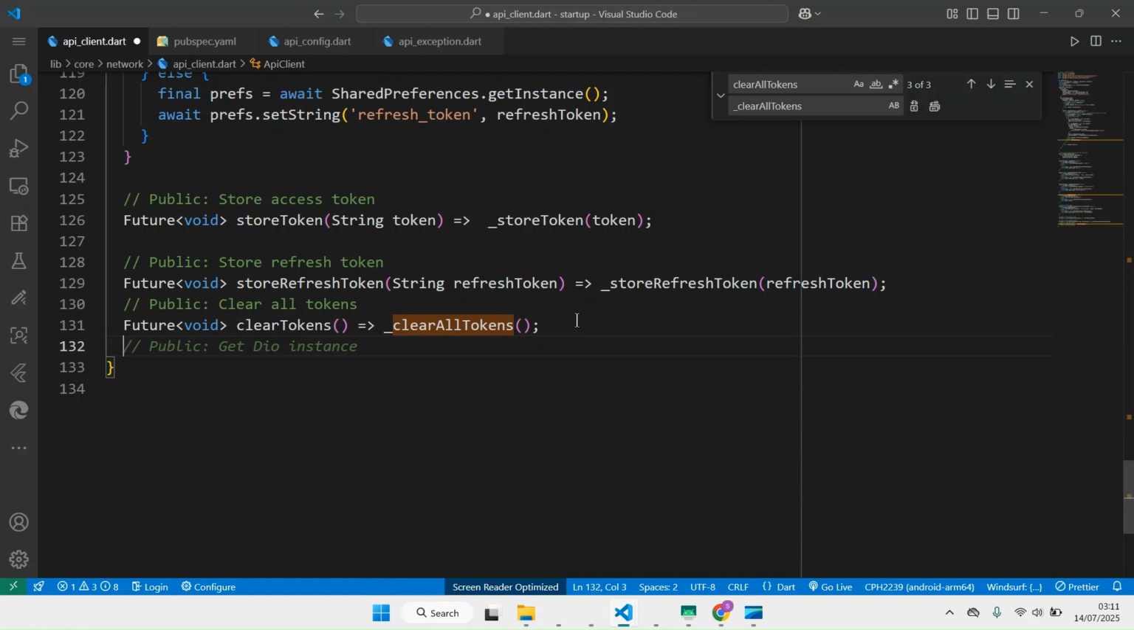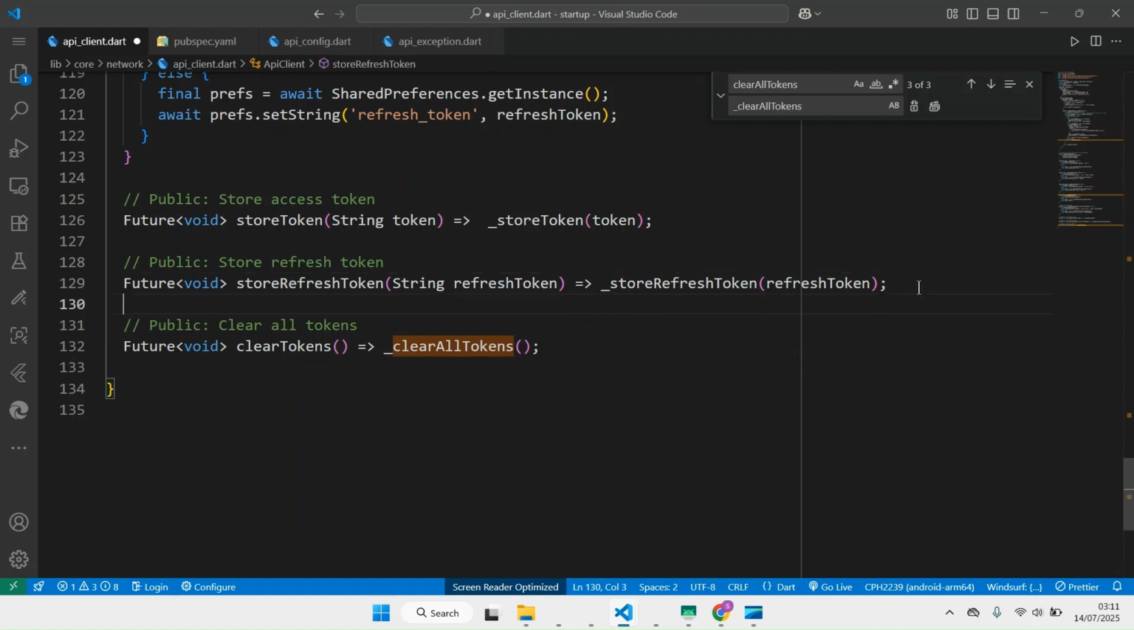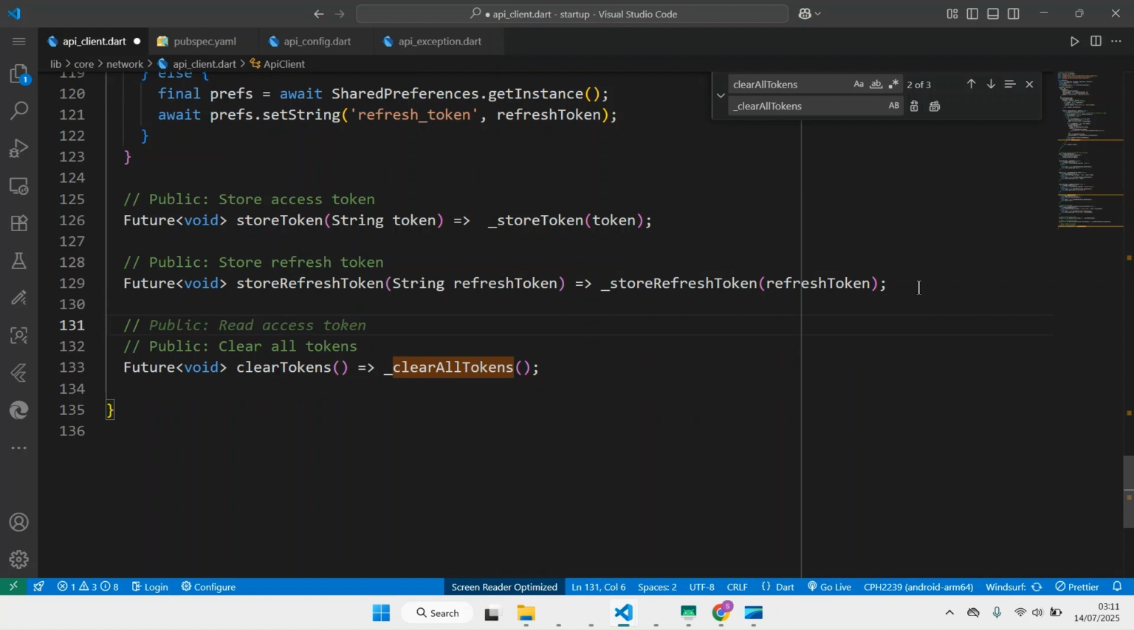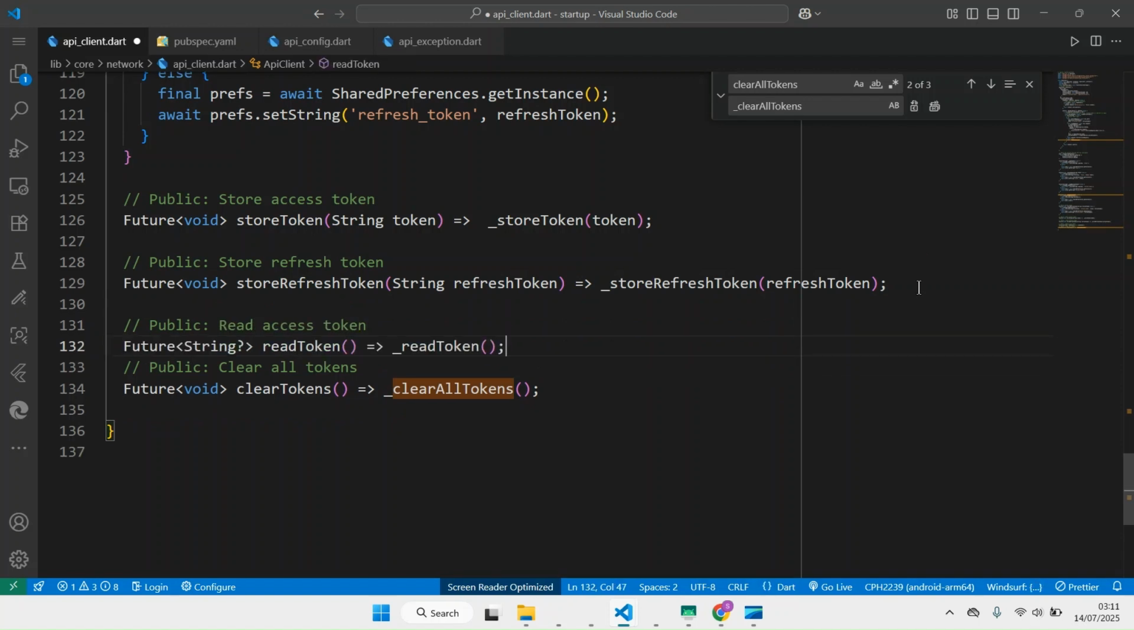We can have get token. You can call it get token like that. So this is to access it publicly. Clear token. What else do we have? Yeah, we can also add